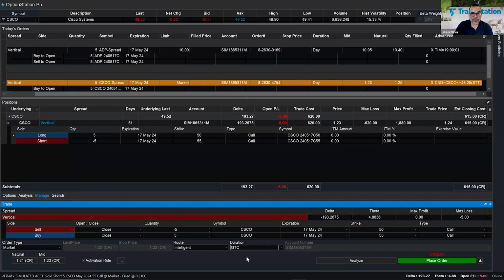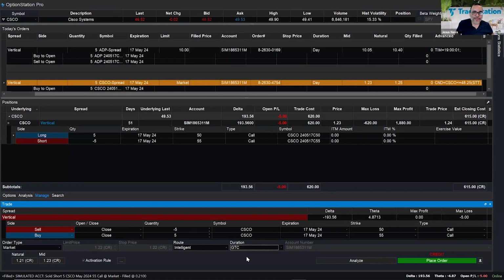If tomorrow the market opens and you want that order to be there, make sure that you leave it on GTC, and it'll monitor those prices next trading session or the trading session after that. This is going to remain in the market until you cancel that order or it reaches its maximum, which I believe is 90 days. That's the maximum you can have a GTC out there in the market. I don't see any traders leaving orders open that long,